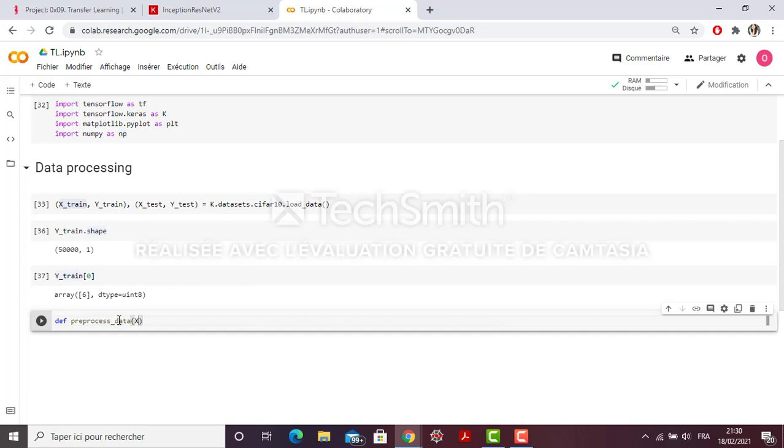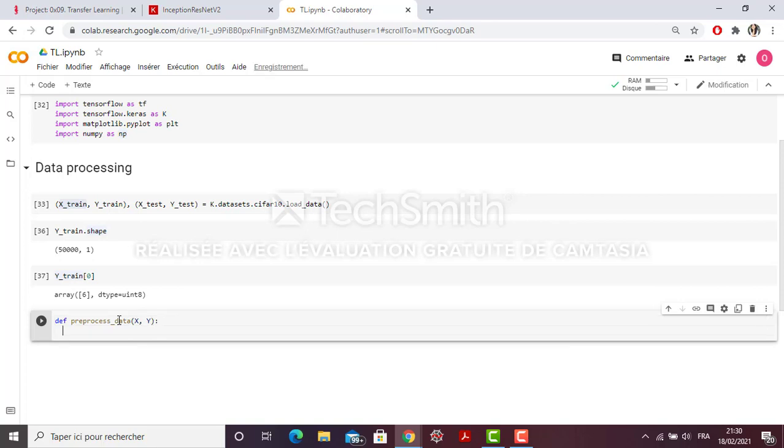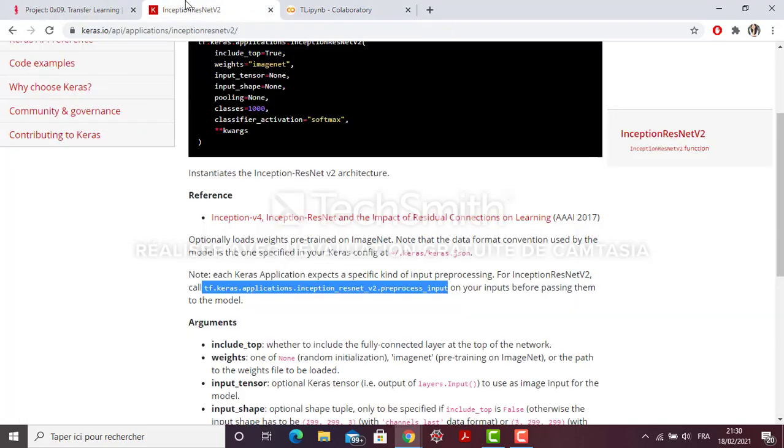It will take x and y, so I'm going to pre-process both the input and the output. My pre-processed data, I'm going to call it x. So x is going to use this function that is ready to be applied to my input.